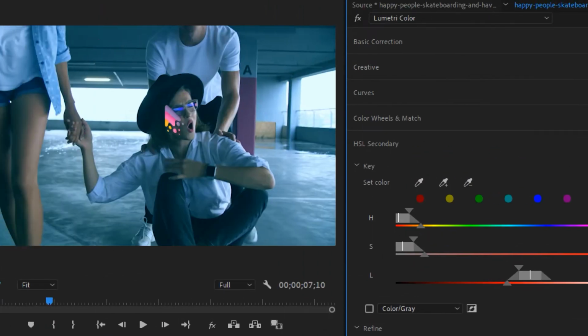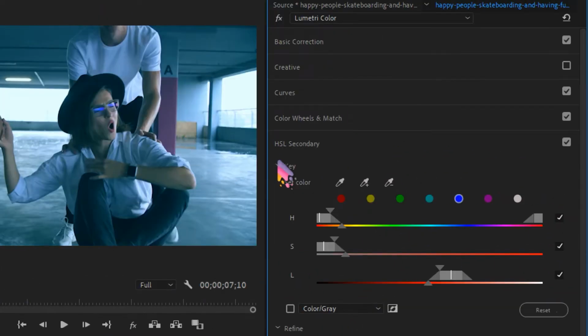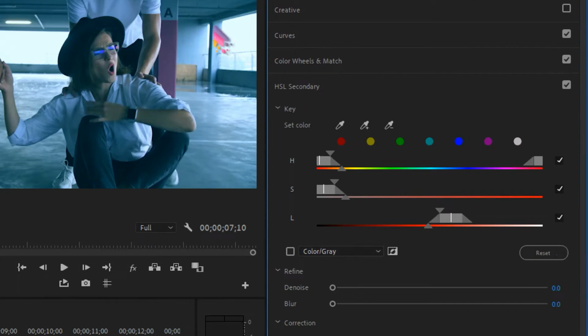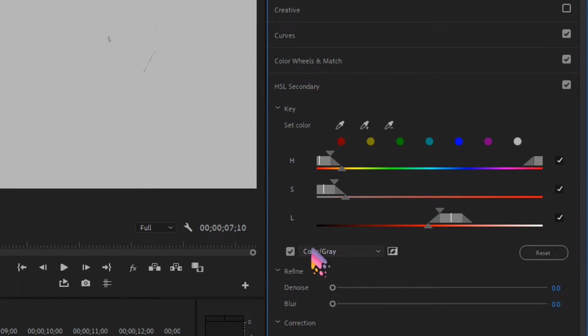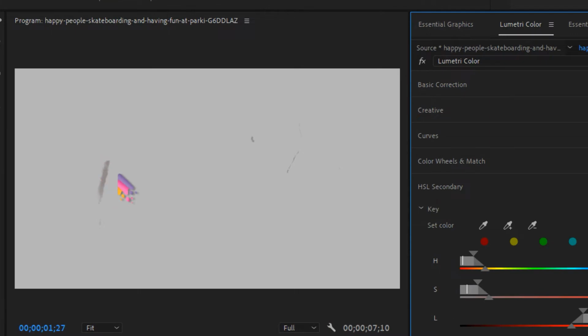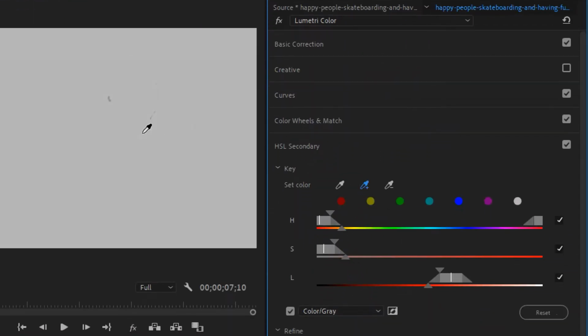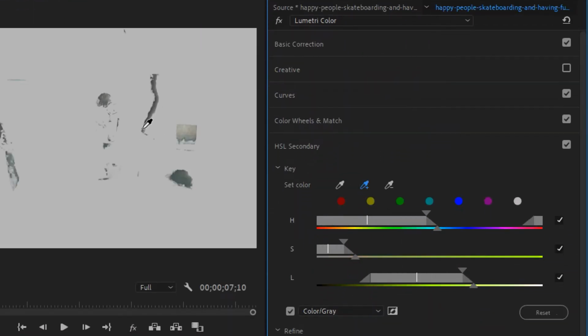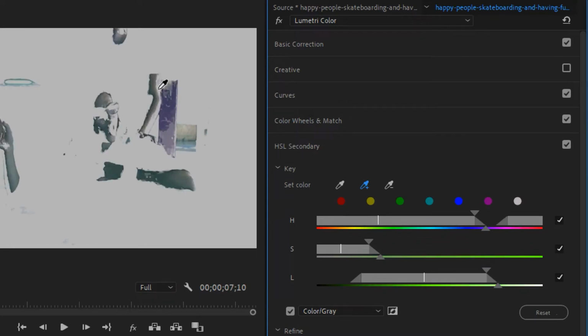At this moment you don't see anything of what we have selected. So basically this is for selection of the colors. We can click on Color/Gray, and that's going to show us the color which it has selected. You can see this color and this color, and if we want to add more of this, we can click plus, and that's going to add more of that color. We can even subtract some color with the help of this option, and we can click and drag to subtract that color from the selection.